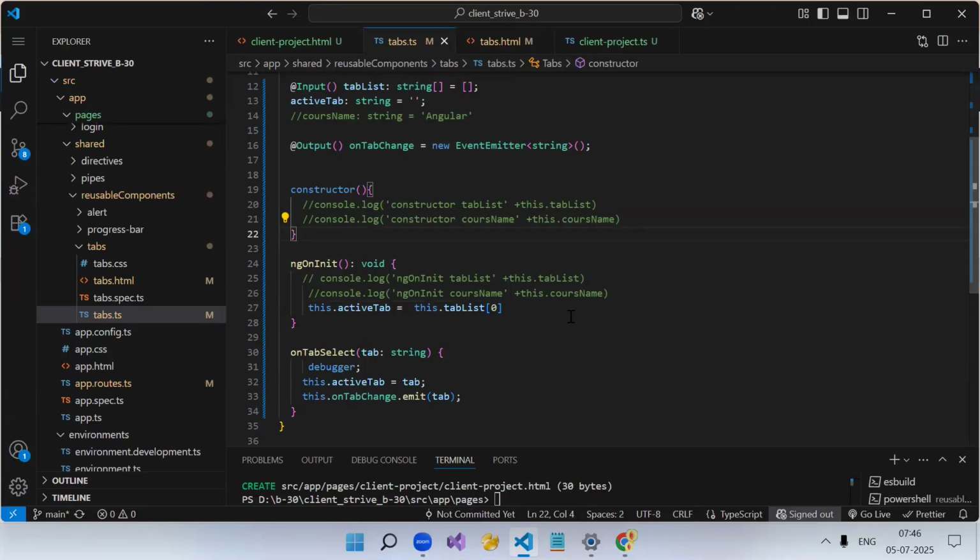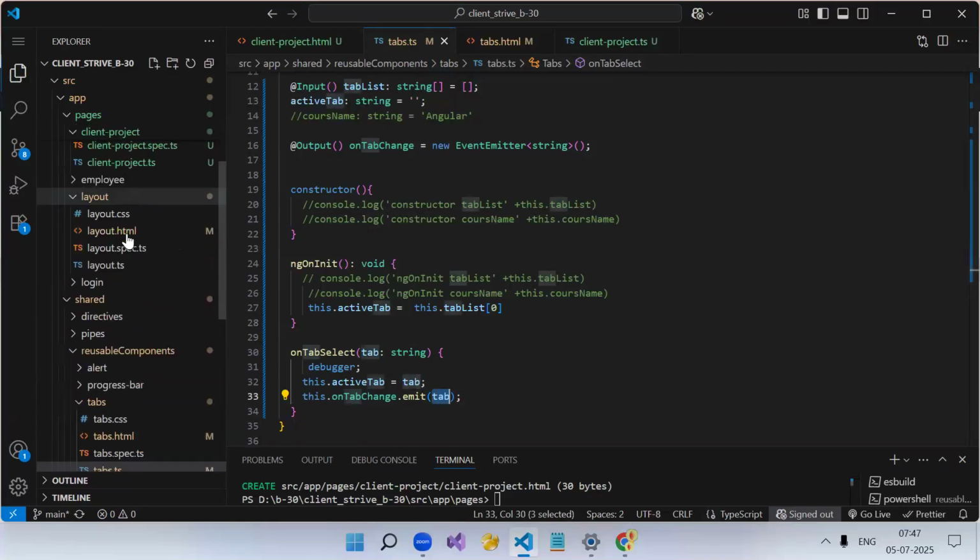So input we use to send the data from parent to child. And if you want to send the data from child to parent, you use the output. Output is nothing but an event. We create the output like this. And while emitting the data, we can pass the data also. But this is optional, okay? If you need to send the data, then only you send it. Otherwise, you need not send it. This is optional. Okay? And in the parent component,